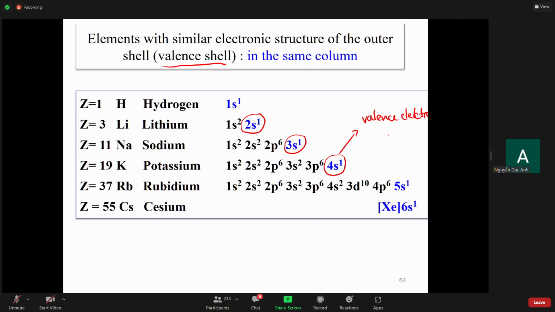The other electrons we normally call the inner electrons. When atoms have similar valence electrons, such as 1s1, 2s1, 3s1, 4s1, 5s1, and 6s1, they will be set in the same column. So when you open the periodic table, now you will